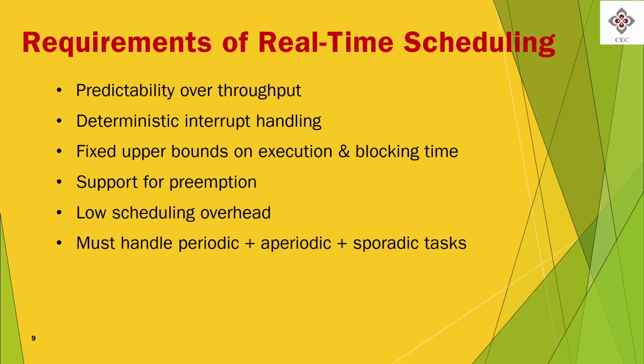The real time system should handle three types of tasks that can arrive. One is the periodic task, which you all know comes at regular intervals, and the aperiodic task, which won't come at regular intervals; we cannot predict when it will occur. The third is sporadic tasks, which come in an aperiodic way, but the inter-arrival time has a minimum. We can easily estimate the minimum arrival time between two occurrences. So, these are the three ways the tasks may occur, and all of them can be handled by the